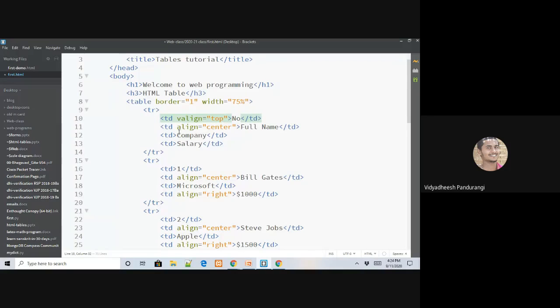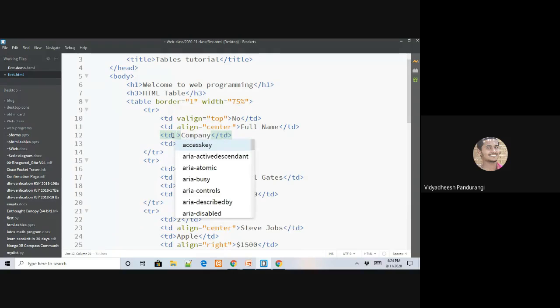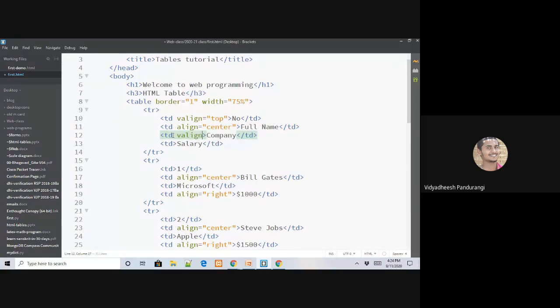I want to align this to the top. And for company, V align equal to, say, bottom. I would like to align to the bottom of the cell. And for salary, I'll align it to the center.